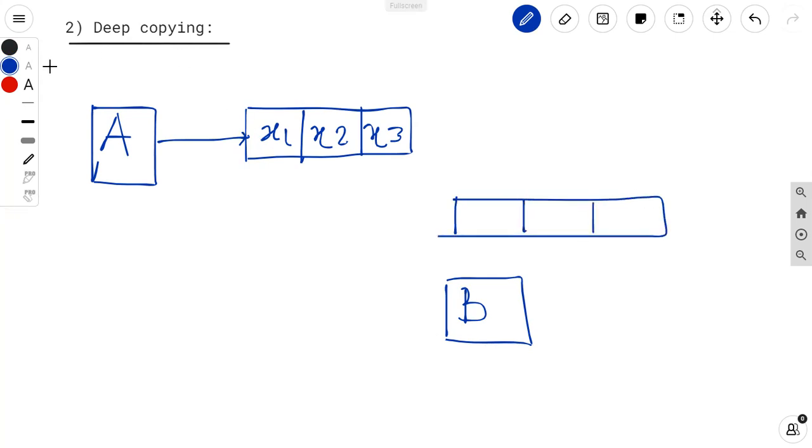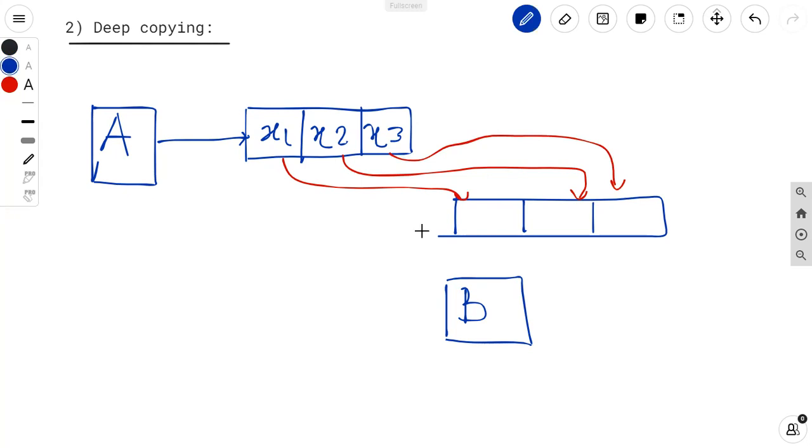I will copy all the data members: x1 is copied first of all, then x2 will get copied, and after that x3 will get copied. So I will copy each and every data member of one object into another object. Such a type of copying is called deep copying. Fine, is everyone getting what shallow copying and deep copying are? Yes, so this process is a little bit slow and more costly.